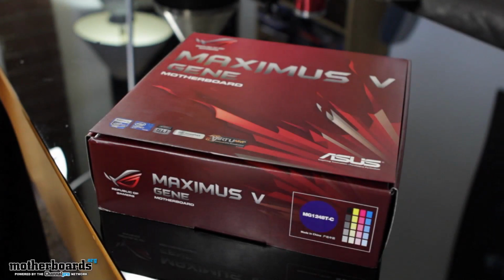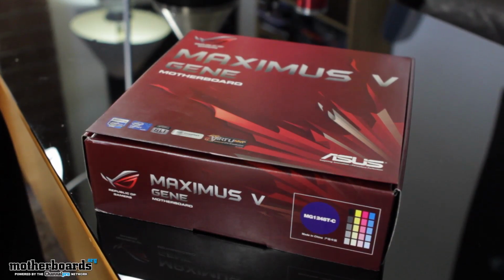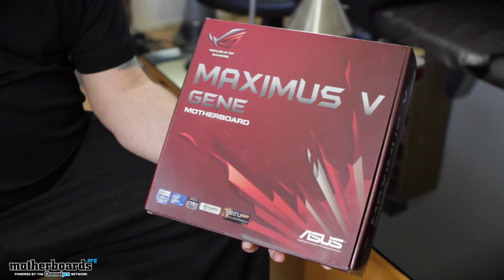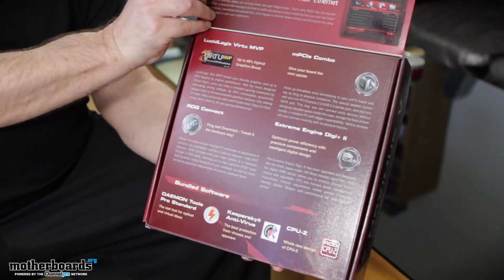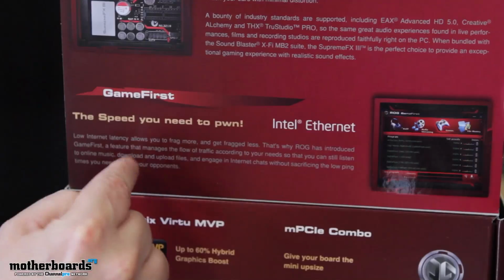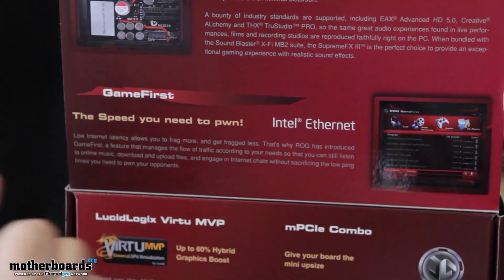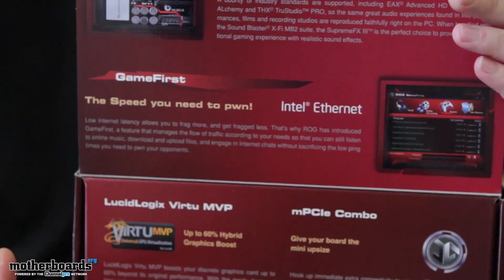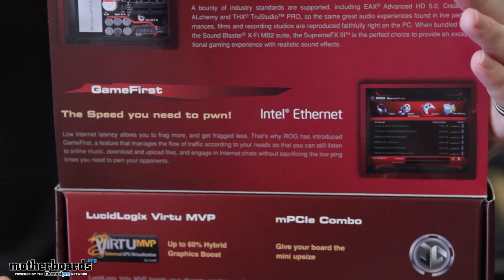Alright folks, before we actually jump in and take a look at the motherboard, let's take a look at the box, because the box contains a lot of the features that are specific to the Maximus 5 Gene. A lot of these are going to be on the motherboard themselves, but a few aren't, and those are the ones we want to talk about right now as we go through the box. The first is Game First, which is Intel Ethernet. You guys all know that having a low latency connection allows you to frag much better on the internet, and with the new Intel Ethernet Game First, you maintain a low latency connection the entire time, which helps you frag